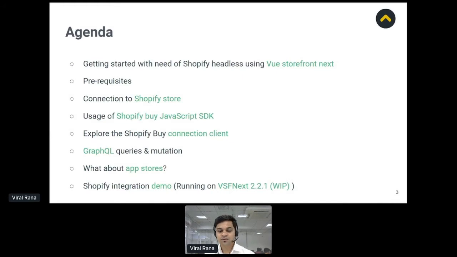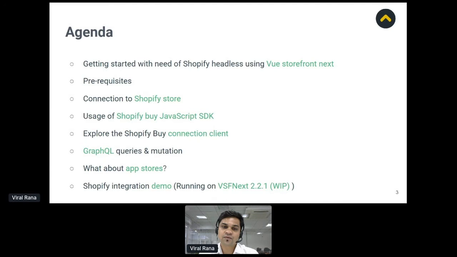So let's go through today's agenda. Today we are going to discuss why we need Shopify headless and how Vue Storefront Next is helpful to make it incredibly straightforward. Then a basic understanding and knowledge required before starting with Shopify headless development. Then we will jump to the Shopify store connection with your headless CMS, and after that we will get familiar with the Shopify Buy JavaScript SDK.